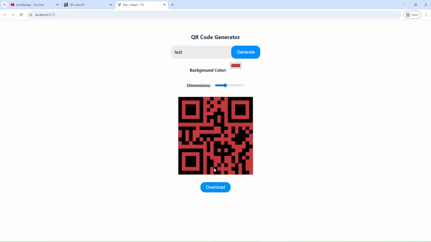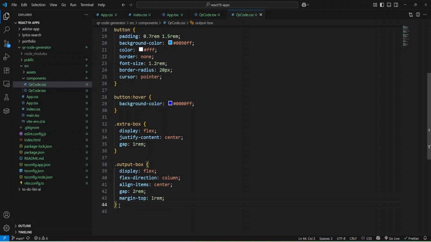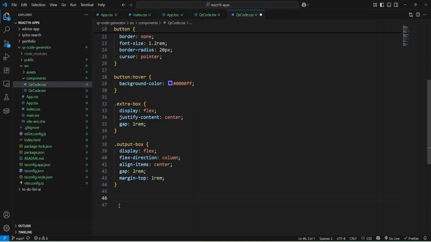Okay, and let's check. And as you can see, we have our styles, and we can change styles for this color picker. And for that, I'm going to use input, and this time I'll provide type color.